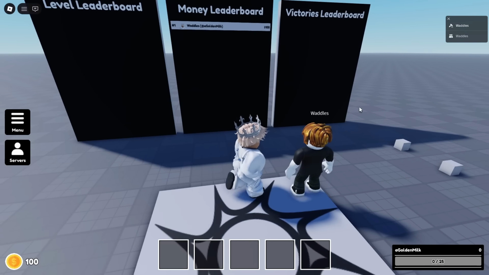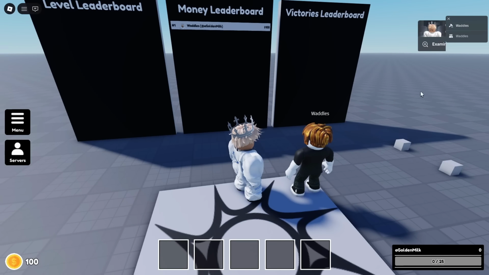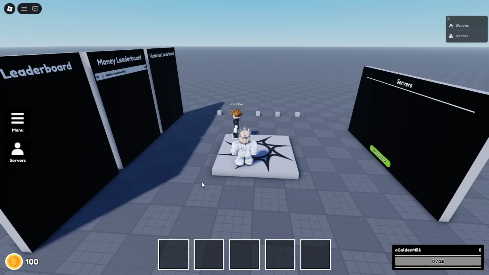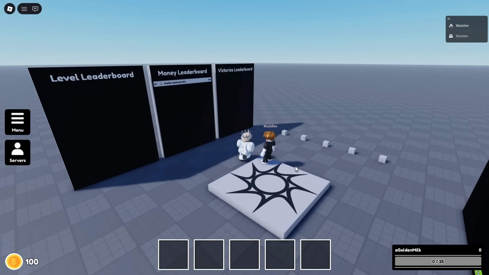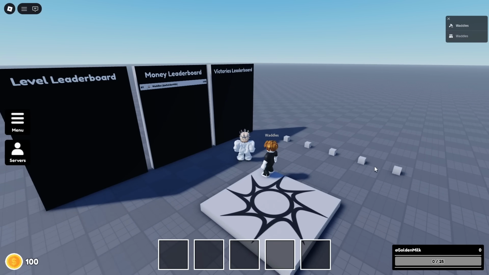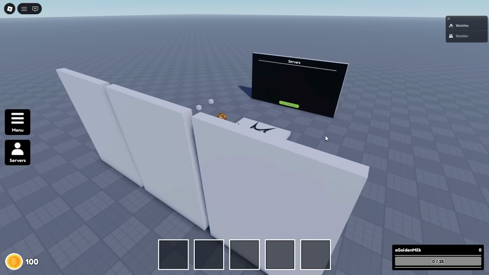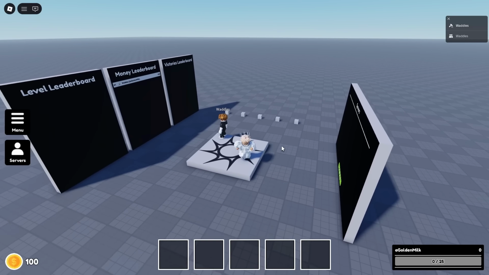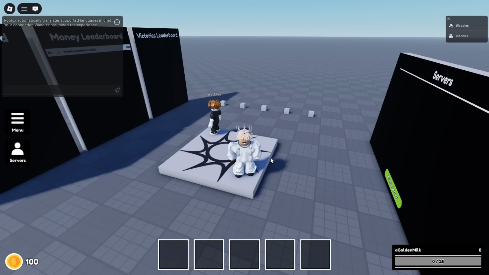Alright, so I've just joined the game with my alt. Now this is an actual Roblox experience, so we can test it. So to start off, you see we've got our 5 slots there and 5 slots magically created. We've got the leaderboards and the servers. Now before I forget, the first thing I want to show you guys is commands. So there is a few. The first one is